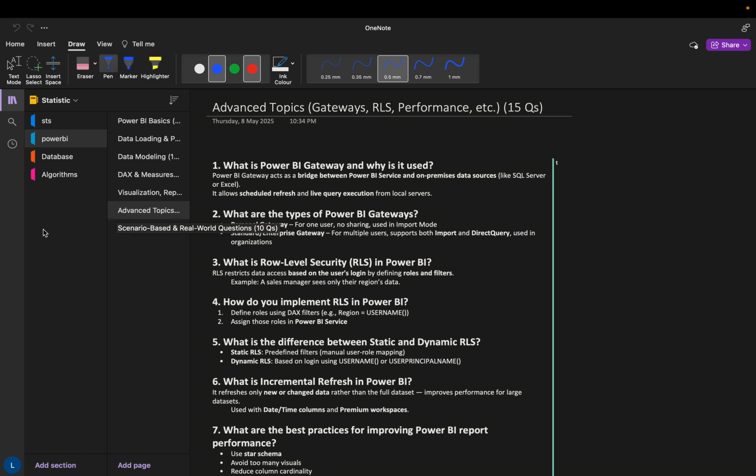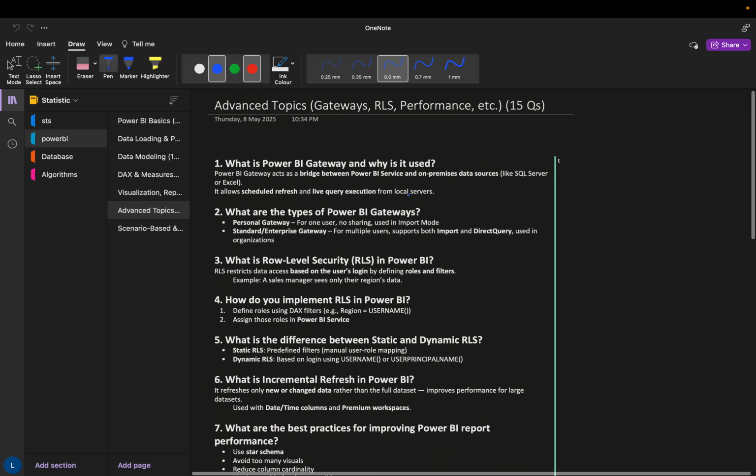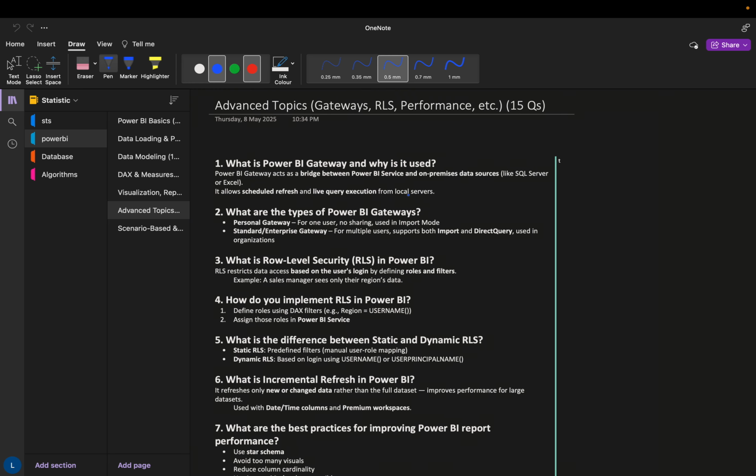The first question for today is: what is Power BI Gateway and why is it useful? Even in the previous class I explained about Power BI Gateway. Power BI Gateway is nothing but a tool. It is a Microsoft tool that you install on your local computer or server, that works like a secure bridge between your on-premises data